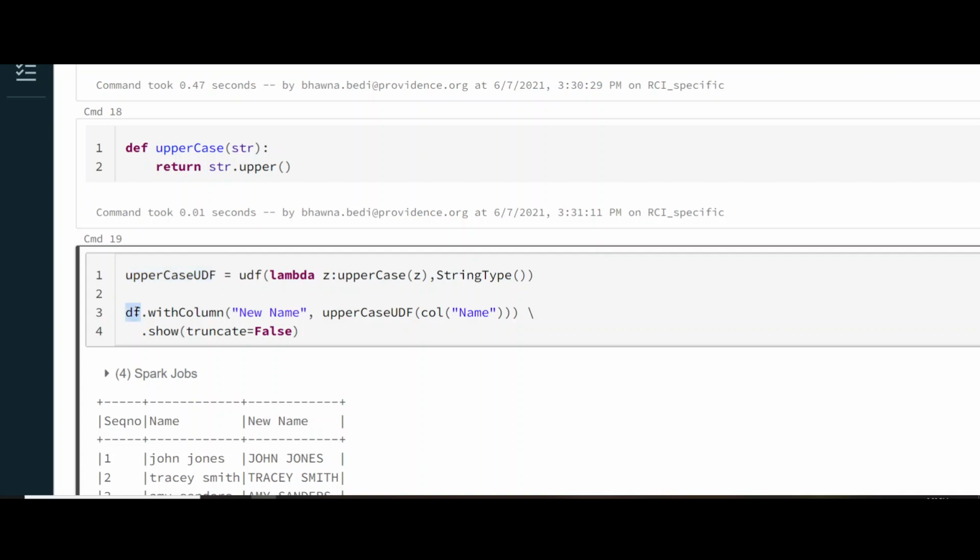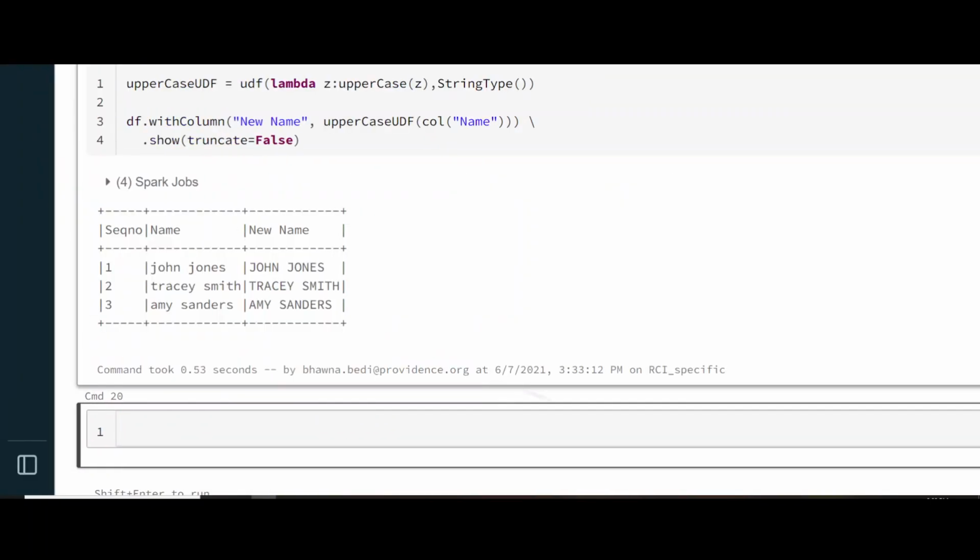Now, how am I adding a new column here? I'm using df.withColumn, and this is the name of my column, which is new name, and then I use this user defined function, uppercase UDF. This is taking an argument which is a column named name. So I'm adding name here, and then I'm just showing it. It is actually very simple.